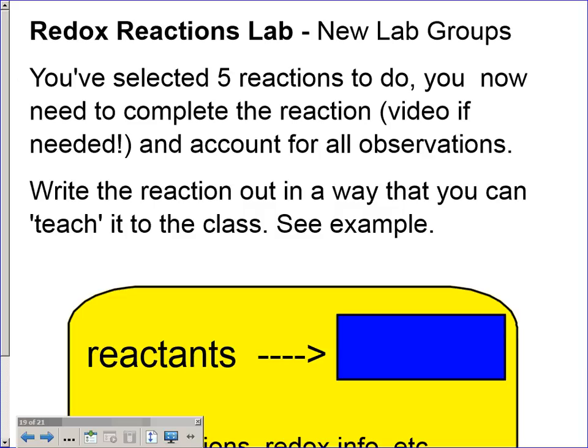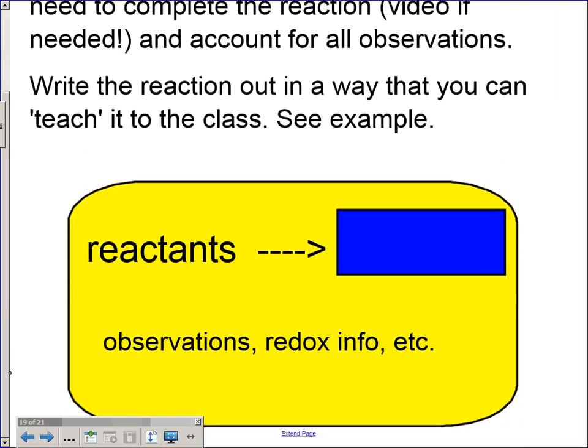Ready? So whenever you get in your new groups, what you're going to be doing is your 5 reactions that you've selected or I've selected for you, and you're going to write out something. It can be on notebook paper, it can be on colorful paper, and I have index cards, or you can do something more creative. Basically the reactants are given, everyone can see the reactants, so that's no secret. But then your products that you're predicting to form are going to go under here, and you can put an index card right there and flip it up,